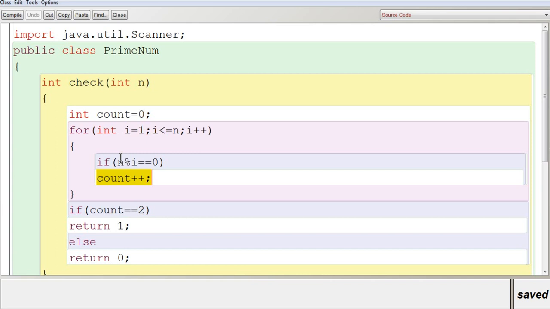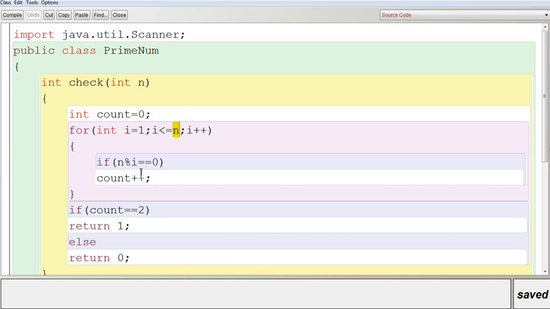So it enters into the loop. You can see if 17 % 2 equals 0. Now you can see that 17 is not divisible by 2, so it won't increase the count value. So it goes on to the next value. The i value will be increased by 1, so it becomes 3. The same process will go on till the end. So finally when the i value reaches n, the i value is equal to n, so it enters inside. Now 17 is divisible by 17. So again, for the second time this condition becomes true, so it will increase the value of count by 1.